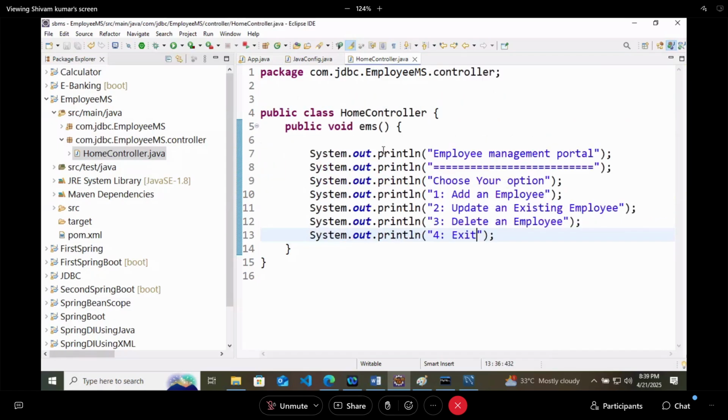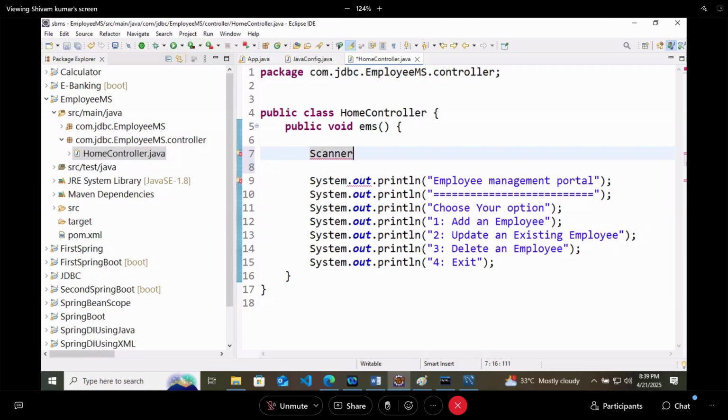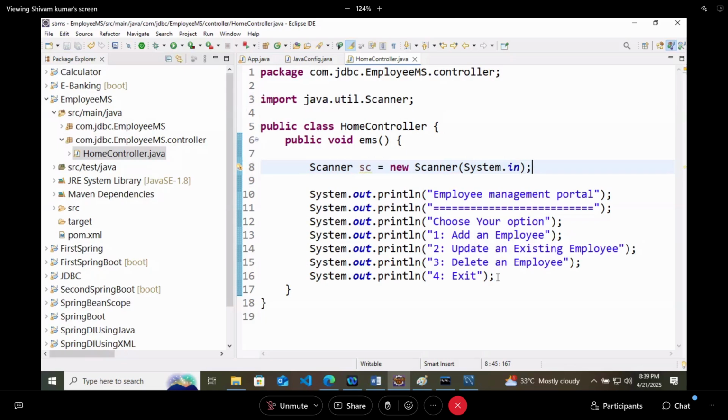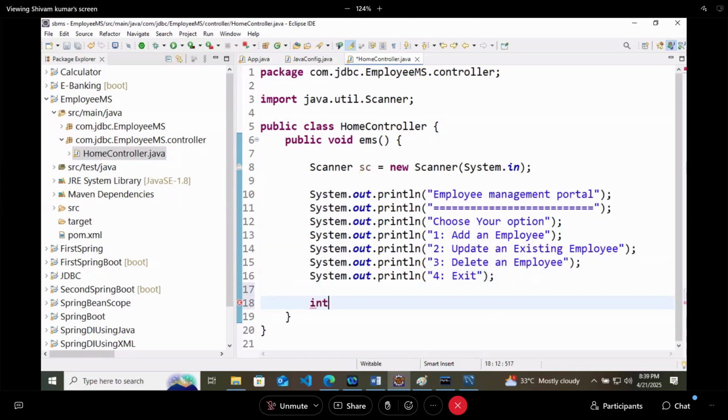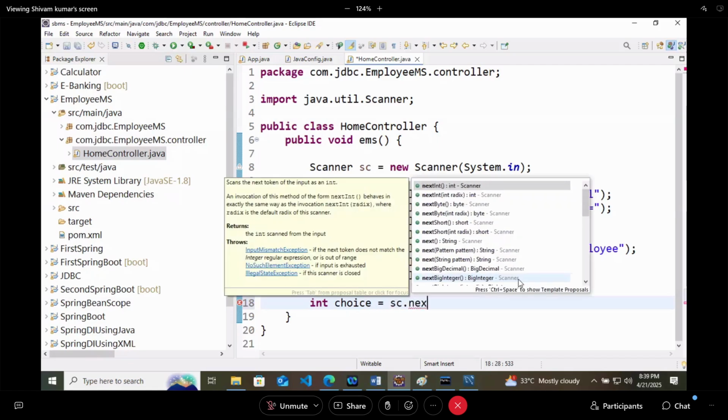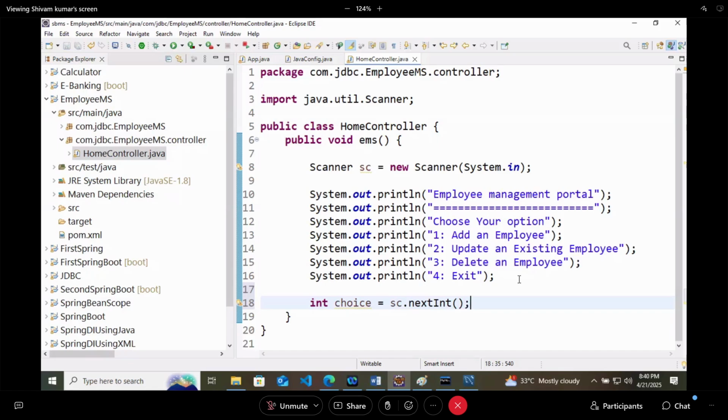Now the user will give a choice. So here we should create an object of the Scanner class. Scanner sc equals new Scanner(System.in). Now the user will give their choice. So after these messages, I can say int choice equals sc.nextInt.